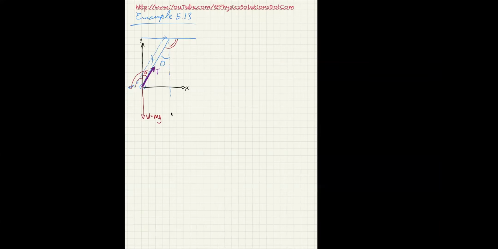I need to break it up into components that are parallel to the x-axis and parallel to the y-axis. So this one right here is T, and then that would be times cosine theta. That's the y component, and also pointing in the positive direction is T sine theta. So if I take my summation of the forces in the y direction equals mass times acceleration in